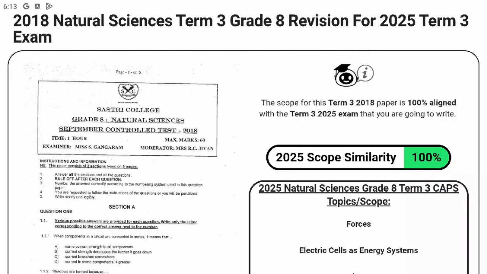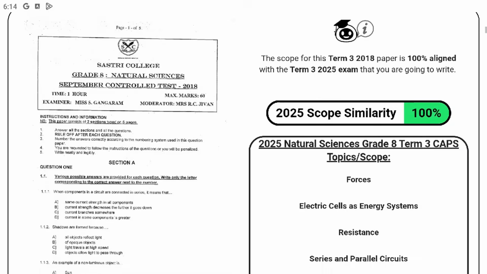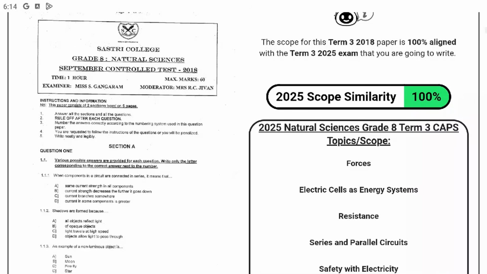So in this video, we're going to go through the 2018 Natural Sciences Term 3, Grade 8 question paper in revision and in preparation for the 2025 Term 3 exam that you guys are going to write, all right? So on the screen, we have our question paper on the left. And for those who are skeptical about the scope,